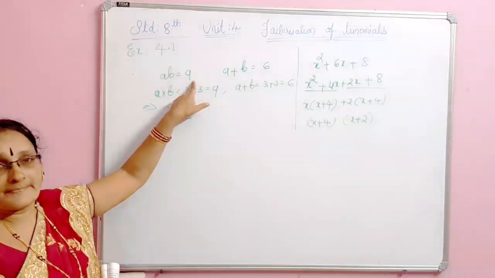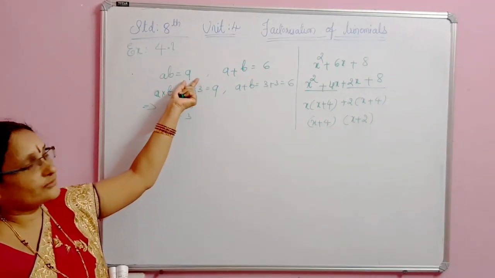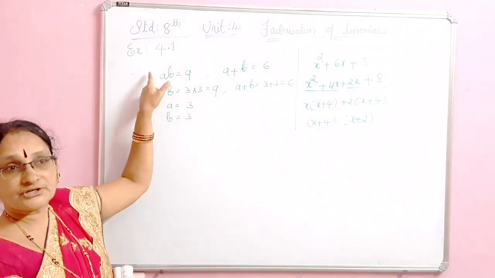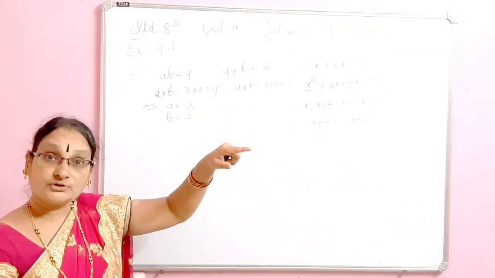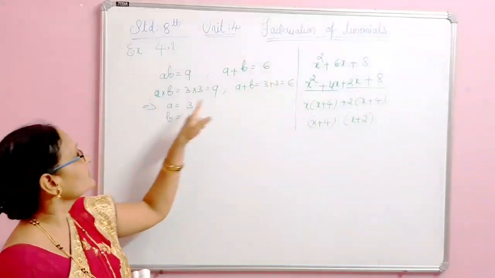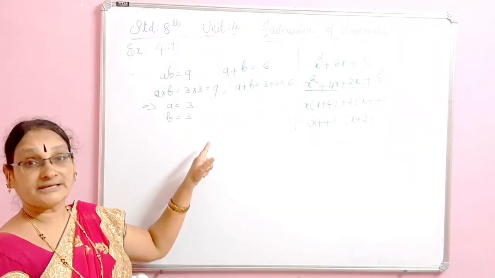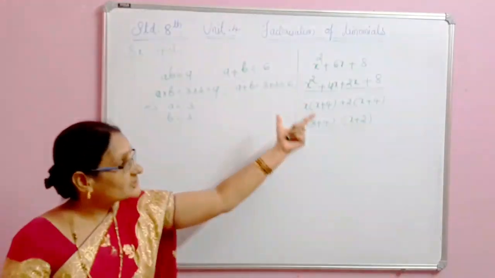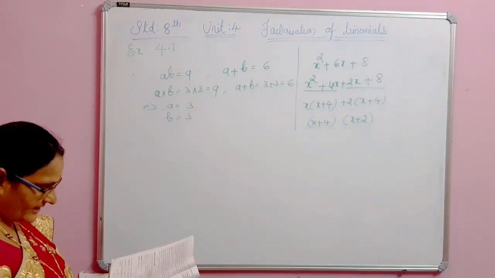Like this you have to find out. ab equal to 9, ab means a into b equal to 9. On multiplication of these two numbers we have to get 9. Then which are those numbers? 3 ones are 3, 3 twos are 6, 3 threes are 9. Then what is the addition of those two? 3 plus 3 is 6 only. That only we wanted. So a equal to 3, b equal to 3. So this is what splitting is. First you must become thorough in this splitting. Then such kinds of problems of factorization are easy for you. Then one more we solve, and then we can go for the exercise.